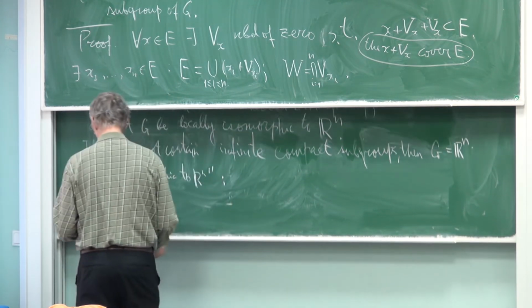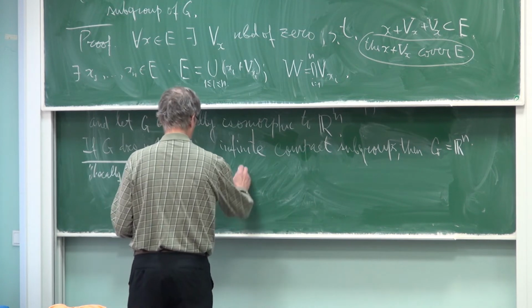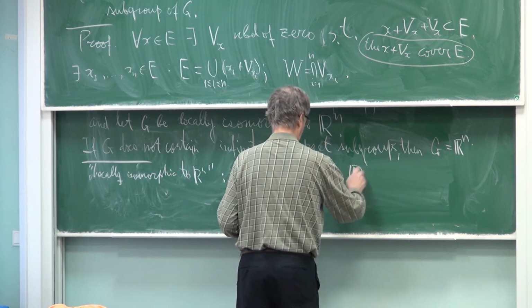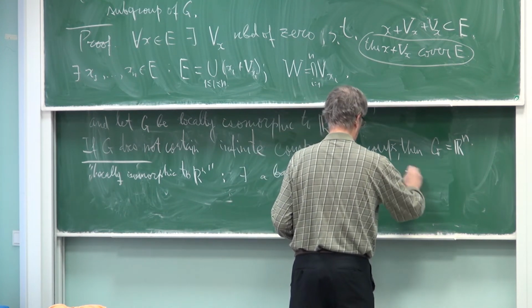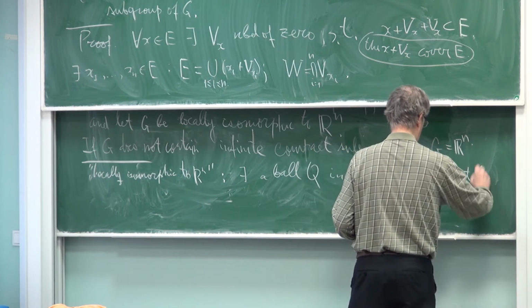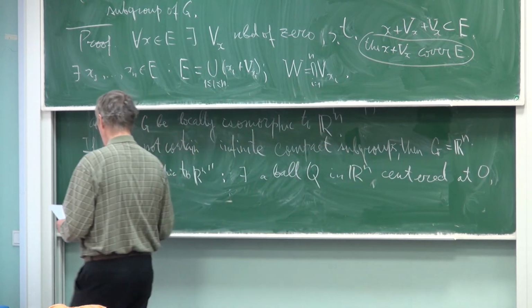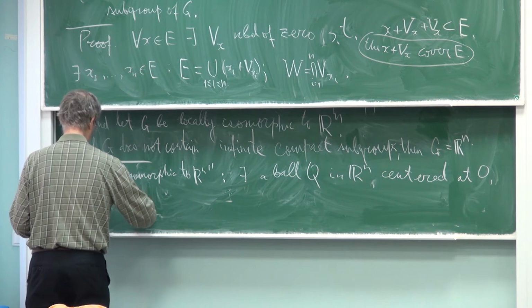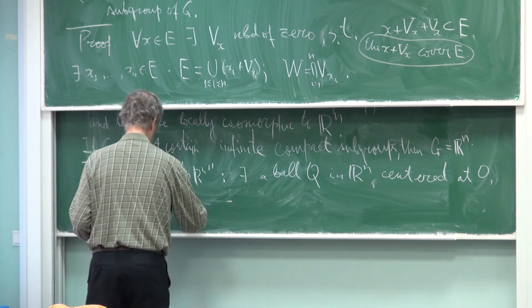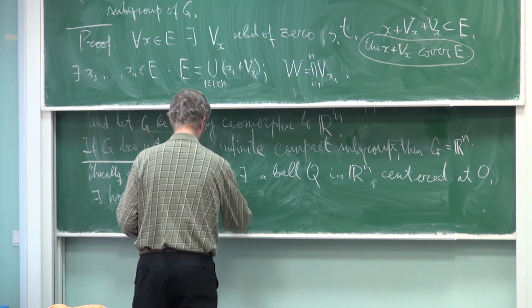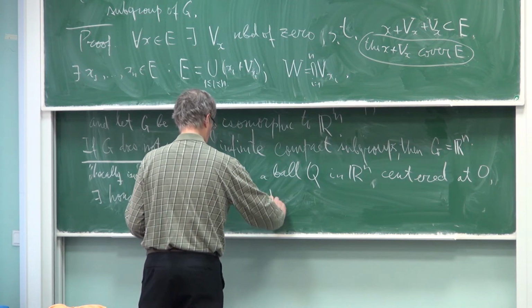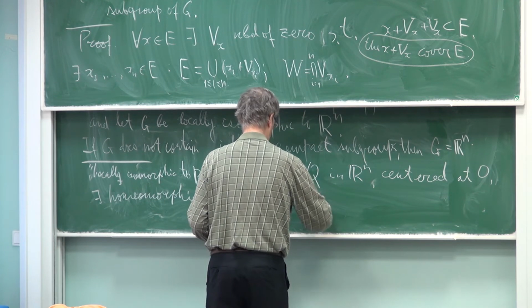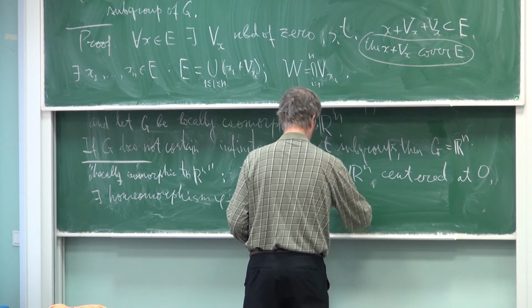There is a ball Q in Rn, centered at 0, such that there exists a homeomorphism phi from this ball onto V, and V is a neighborhood of 0 in G,